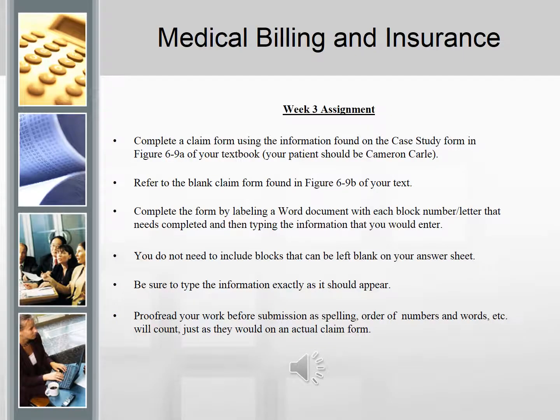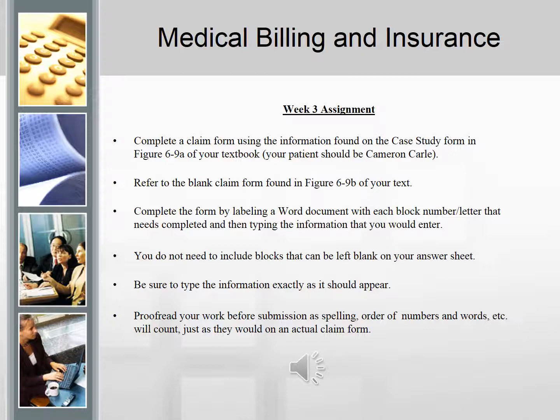Okay, so for this week's assignment, you're going to be completing a claim form using the information provided on the case study in Figure 6.9a of your textbook. Your patient will be Cameron Carl. If you have access to a printer, it may be much easier to just go ahead and print that form along with the blank claim form found in Figure 6.9b, as those are the two documents that you'll need to